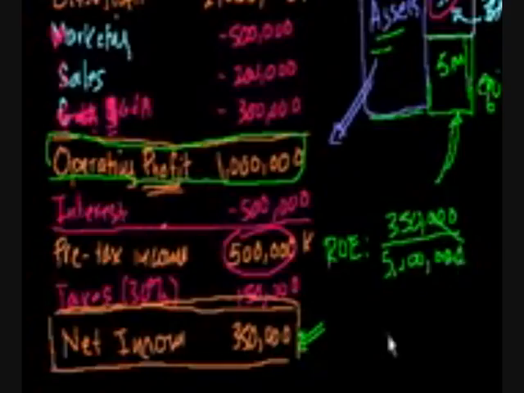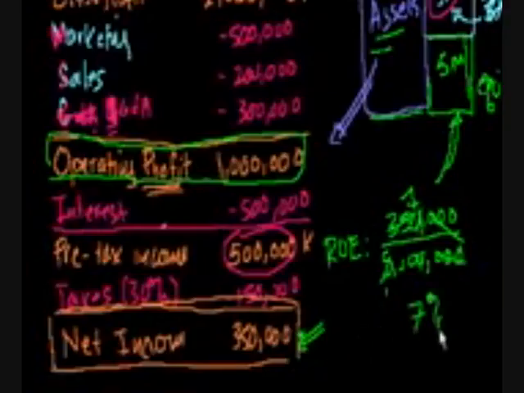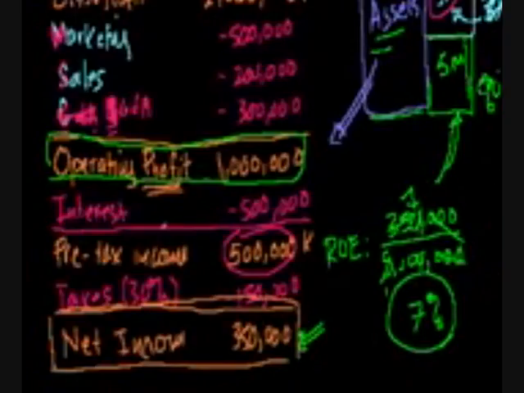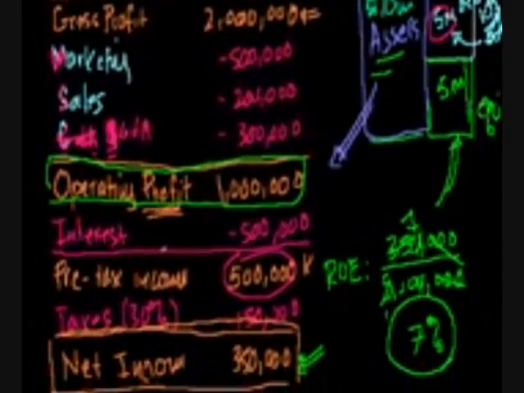Let's cancel some zeros out. So it's like 35 over 500. 35 over 500 is the same thing as 7 over 100. So it equals 7% return on equity. And that's interesting because, well, why that's lower is even, well, I don't want to go too